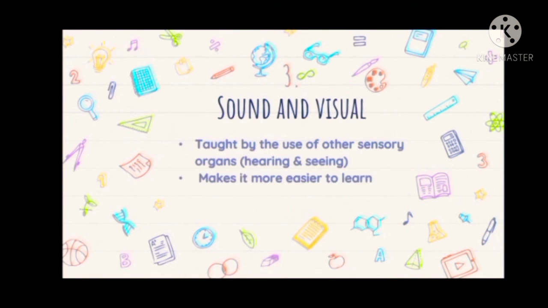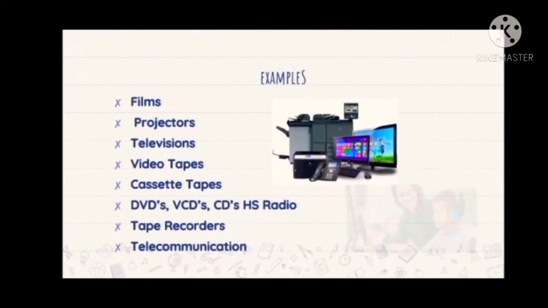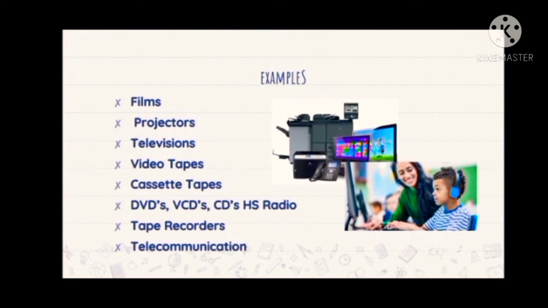Now let's go to sound and visual. So sound and visual materials, taught by the use of other sensory organs such as hearing and seeing, make it easier to learn and are presented by the use of technology. So here are some examples such as films, projectors, televisions, videotapes, cassette tapes, DVDs, VCDs, CDs, VHS, radio, tape recorders, and of course,